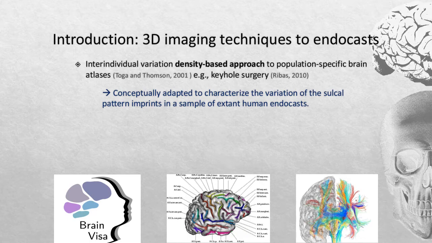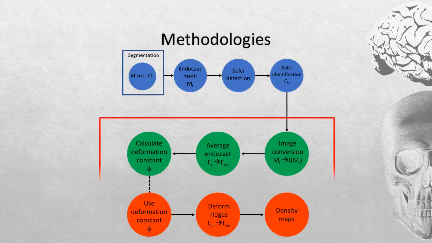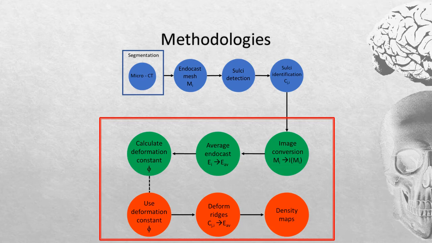We used one of the population-based atlas techniques, the density-based approach, to characterize the variation of sulcal imprints on an average endocast template. Our method runs as follows: in green to create an average endocast from our sample, and then in orange to deform all the imprints detected from our previous study to the common template and create a density